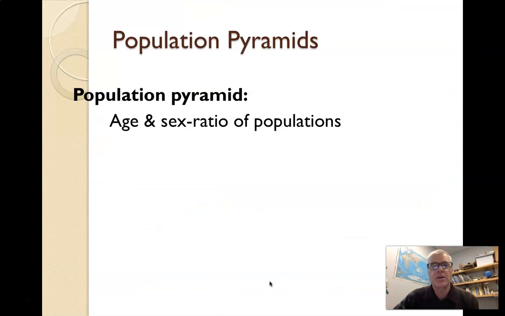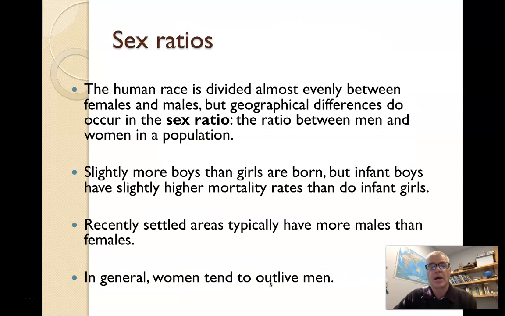And then one more thing here is population pyramids. These are ways of presenting what a population looks like in a particular place. Because in any society, you have not only people at different ages, you also have people of different sexes, right? Males and females. And this is what's called the sex ratio. You would think that it's usually a 1-to-1 ratio, just as many women as men, but that's not necessarily